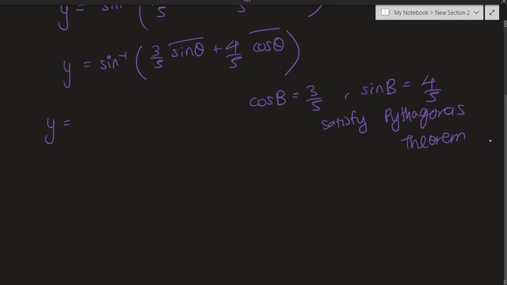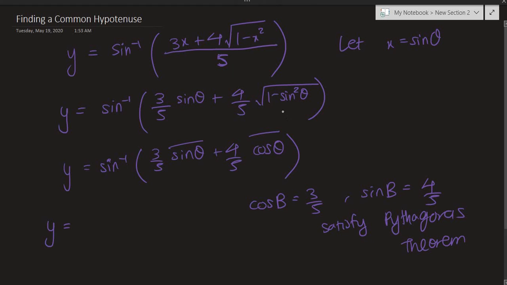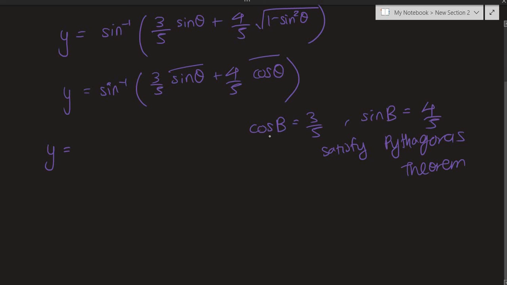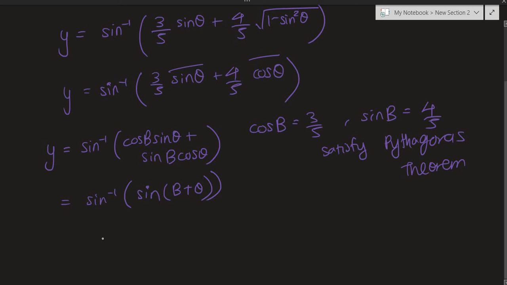Because the hint before using this approach was this common denominator 5 that acts as a common hypotenuse. So that tells us that they should be part of a same triangle. So this sine inverse of, we call this B, right? So cosine of B times sine theta plus sine of B times cosine of theta, that becomes sine inverse of sine of B plus theta, right? I just showed you the sum of angles identity, so you can get rid of the inverse sine and the sine. This B plus theta being equal to y,